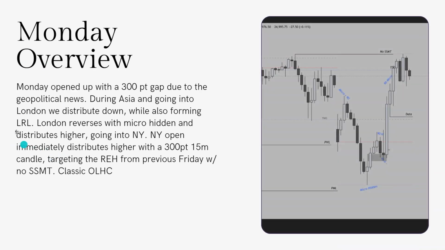Okay, so Monday overview. Monday opened up with a 300-point gap due to the geopolitical news, heavy war news. During Asia and going into London, we distribute down while forming low resistance liquidity. London reverses the micro hidden and distributes higher going into New York. New York Open immediately distributes higher with a 300-point 50-minute candle, targeting relative equal highs from the previous Friday with no sequential